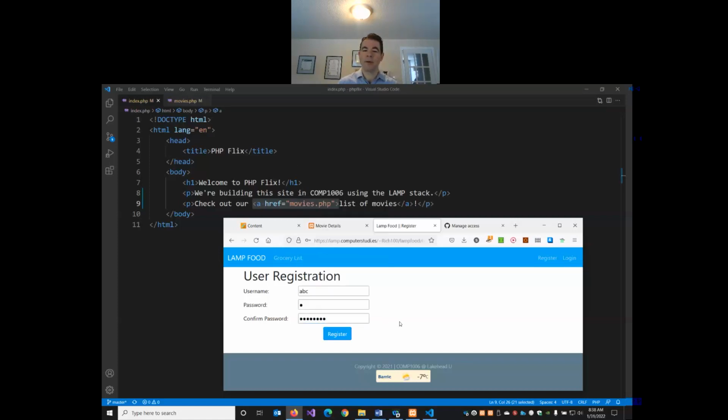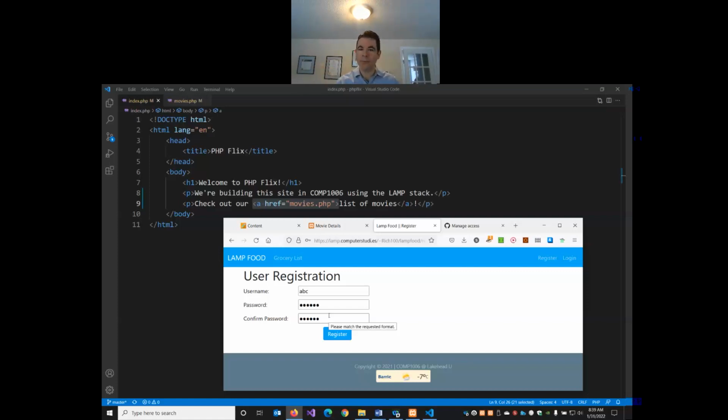Yeah, we'd want to compare the values of passwords. We might also want to check the format of the password, right? If I just put in, let's say, 1, 2, 3, 4, 5, 6. Yeah, we might want to check that it's at least 8 digits. We might also want to check the formatting. Yeah, we want to make sure the password values are duplicated. So we see this every day, right, as end users. Almost every time we go to a web form, there's a whole series of validation rules because we're trying to make sure that our application gets the data that we want in the format we want